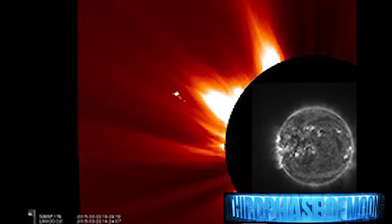Going over photos that just came in via Skype, April 5th, 2015. Just wanted to share them right now. What are these all about? Captured by SOHO, NASA. I've not seen these photos yet on the internet, so we're going to share them right now. What are they? Is this a NASA cover-up, photos that have been suppressed, or have they been out in public? If anybody out there has seen these photos before, send us the links. We'd like to see them, analyze them. We're sorry for the poor quality on them. The pixelation is quite low, but obviously we're looking at something